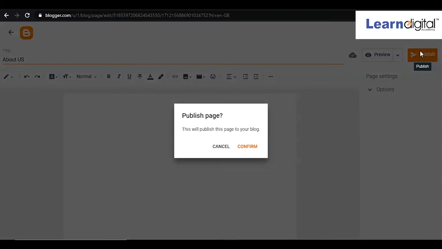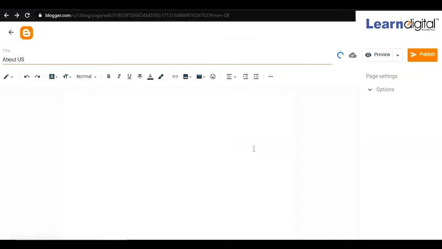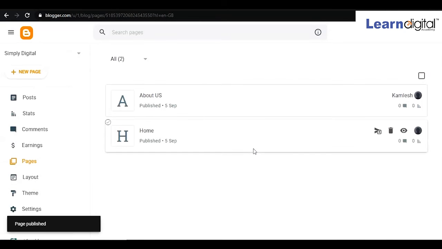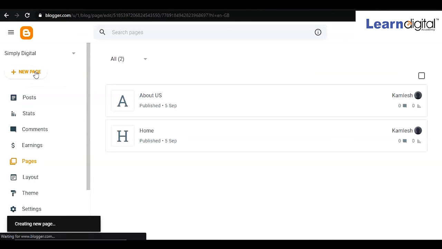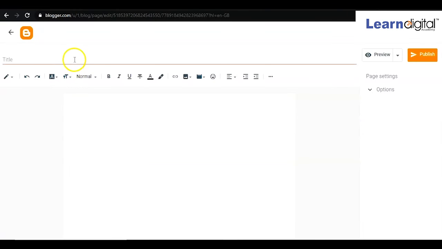and click on publish. And if you want to show the contact details as well over here, again the same process you have to do. Click on the new page and create the contact us page. So here you can create the contact us page. Okay, so if you want to edit anything, like in about us you want to add the content, simply over here you can edit. In the contact us you can add your contact details like mobile number, your email address, and your office address.